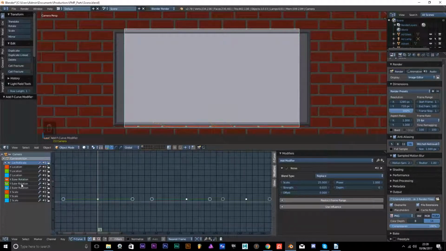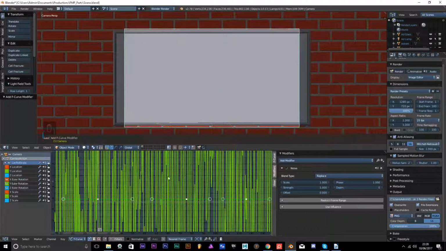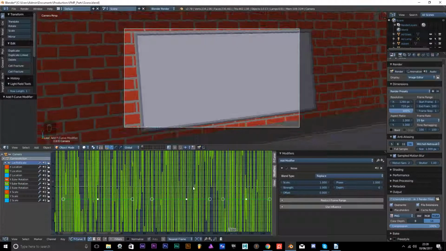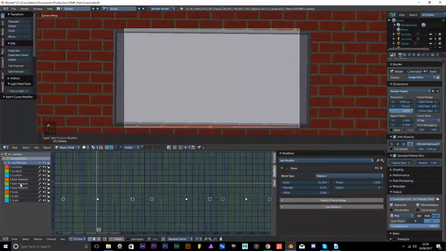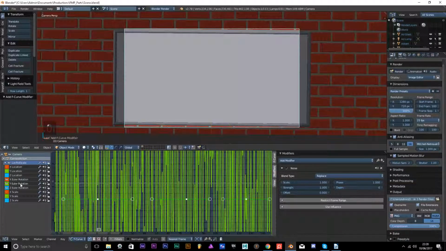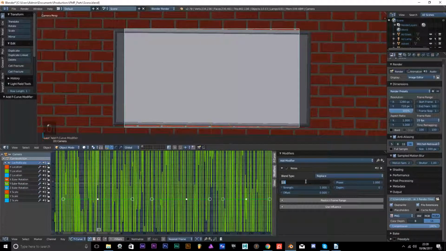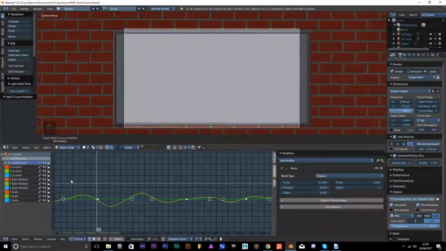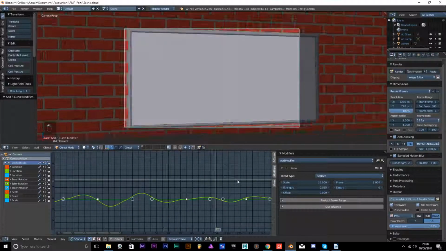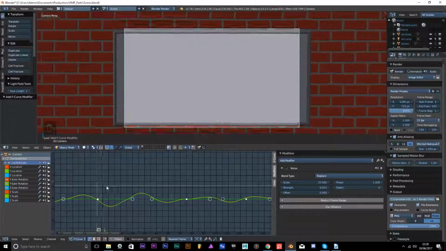So we're going to our Y now, and we're going to add in another noise. Well, as you can see, look at that. It's a very shaky wobble there. Unlike that one, you can't really see it. But with the noise, we're basically going to copy that. So 25 and 0.025. As you can see, it is quite a wobble, but it's not as bad as it was.